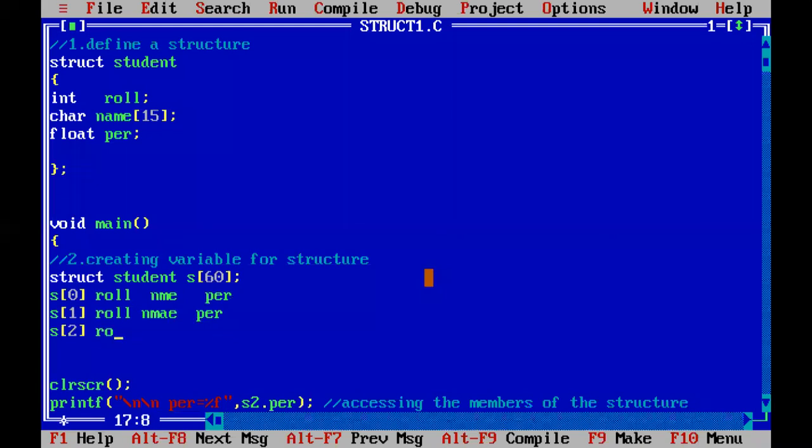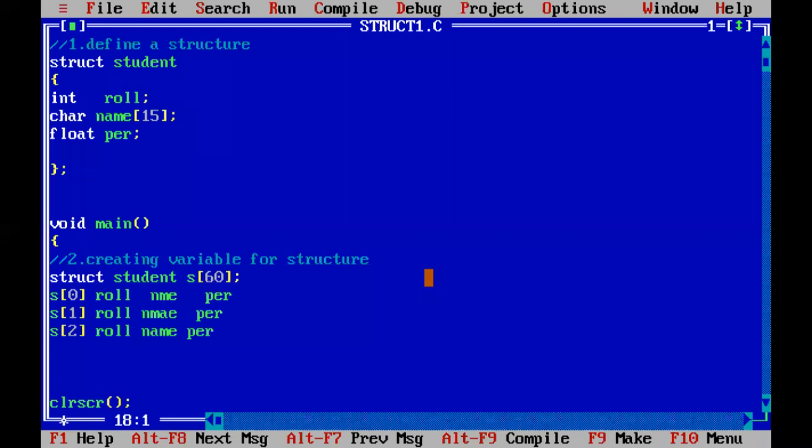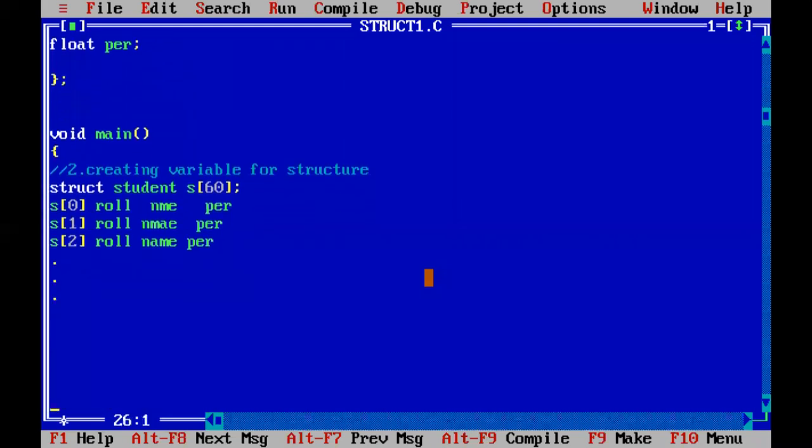Again, it will have one more copy of roll number, name, and percentage. Like this, we go up to S of 59, which will also have a separate copy of roll number, name, and percentage. So with this, we create all 60 student variables.